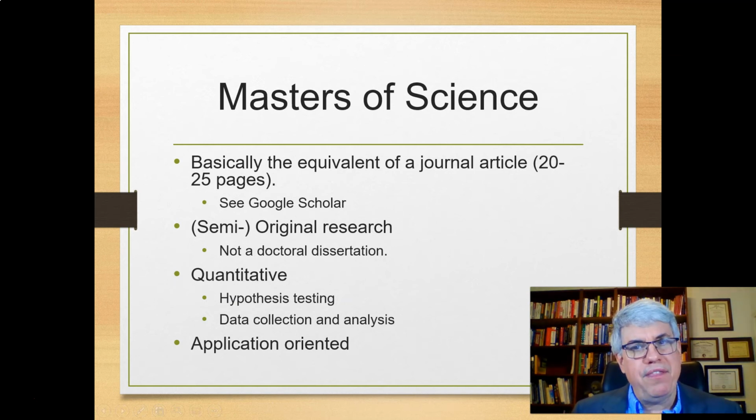So that's basically the form of your thesis, like a journal article, 20 to 25 pages. So as you go through journal articles in this program, constantly look at the form, constantly look at how they conducted this study, how they collected data, because that'll point you in the direction of what you'll be doing. So that's the first concept to look at to understand your thesis, is the idea of a Master of Science.